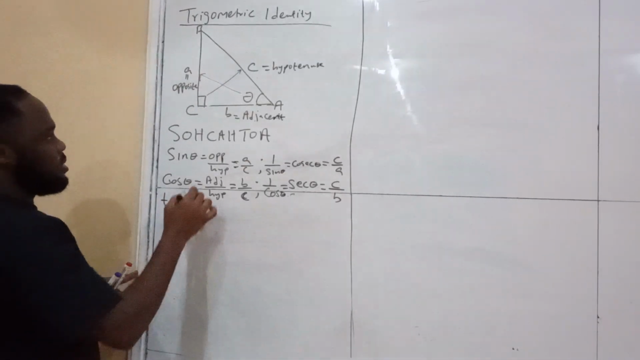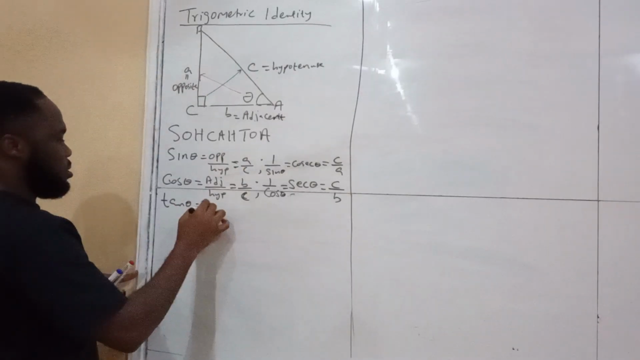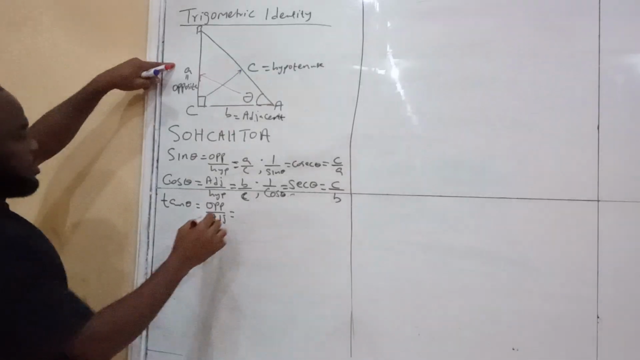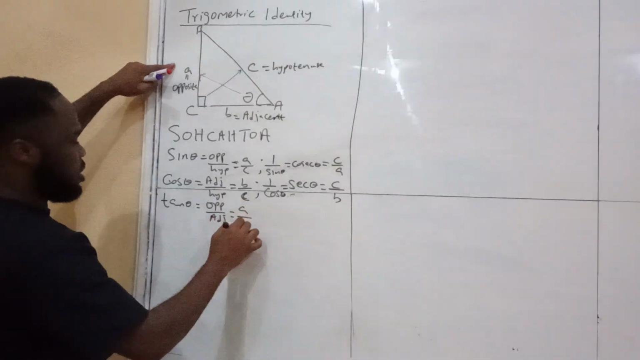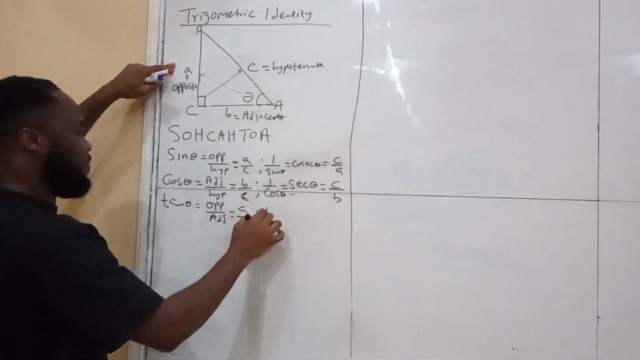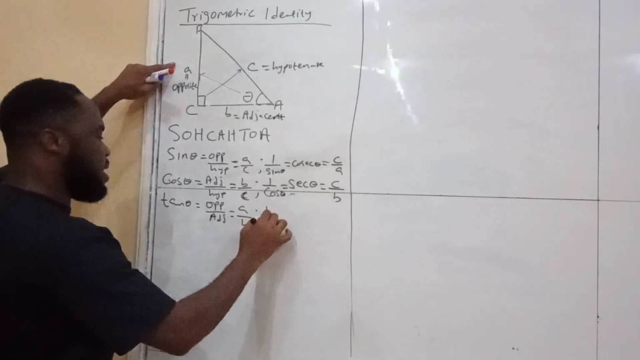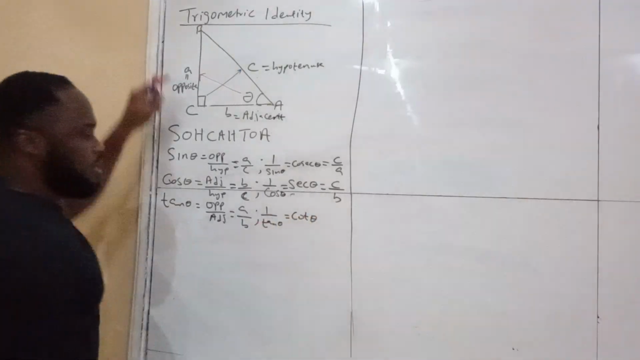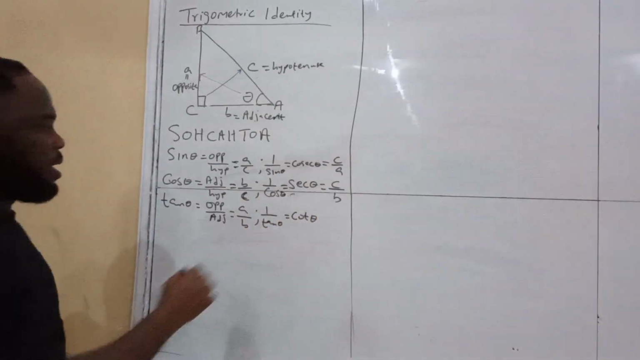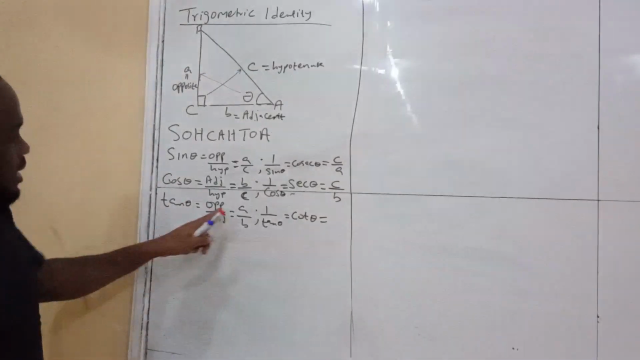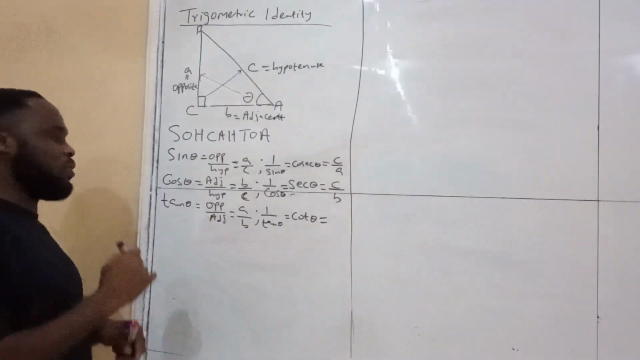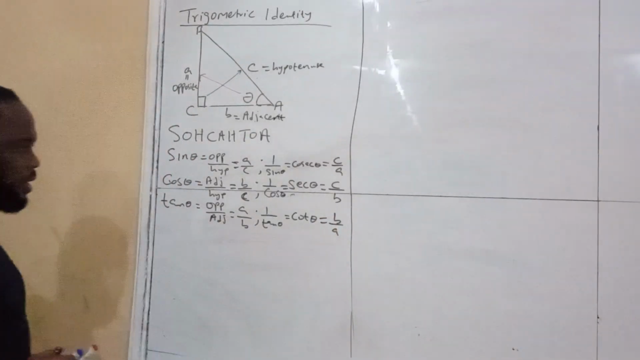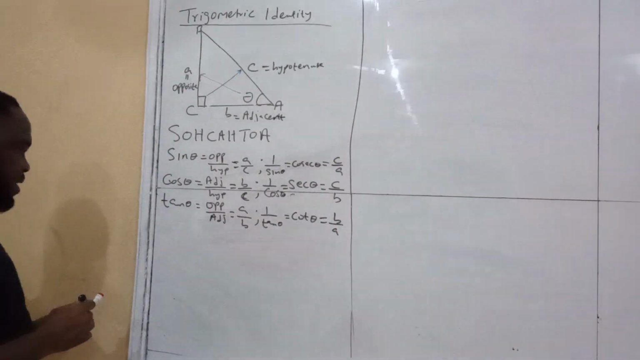Again, tan theta is equal to opposite over adjacent. And opposite is A. Adjacent is B. Again, the inverse of tan theta is what we call cotangent theta. In short form, we call it cot theta. And if tan theta is equal to A over B, the inverse of A over B is B all over A. Okay? Now, remember again, recall